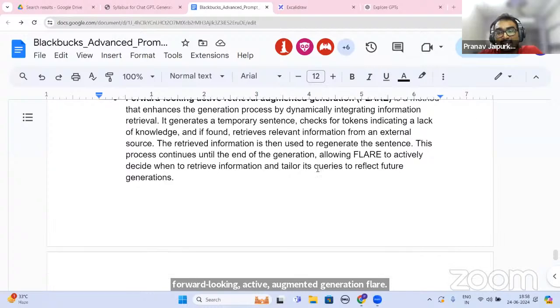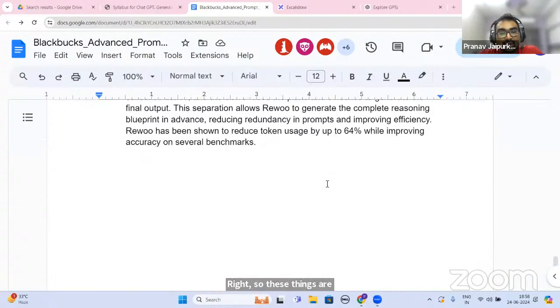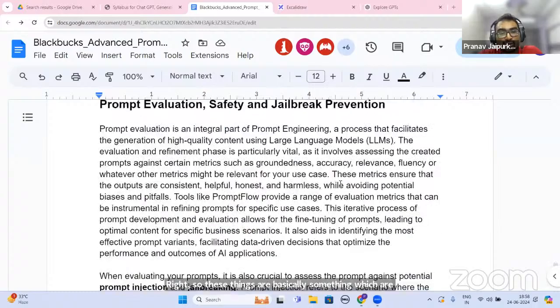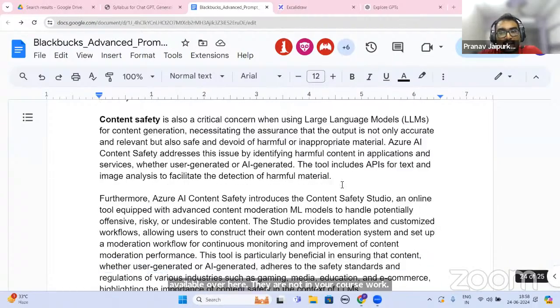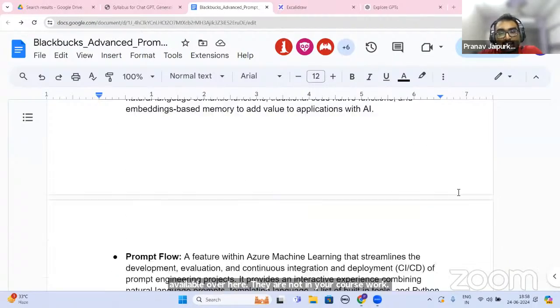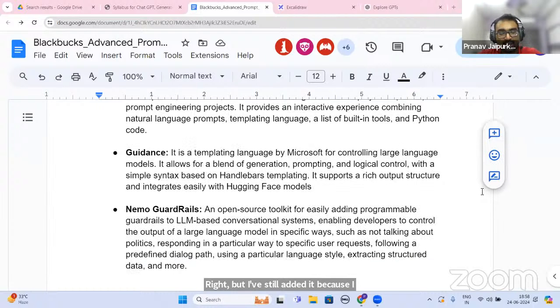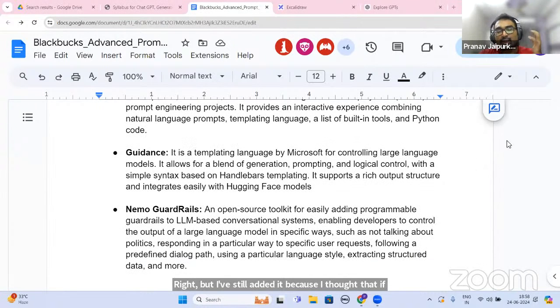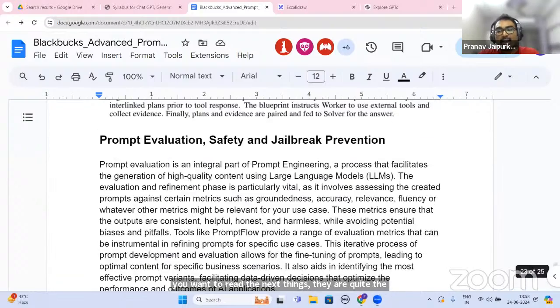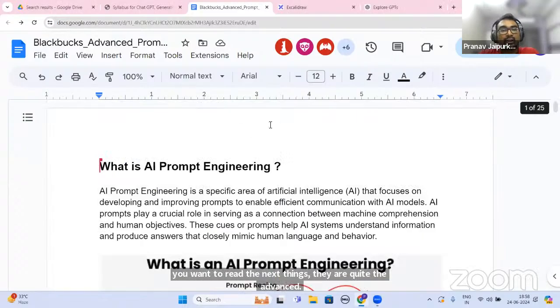So these things are available over here. They are not in your coursework, right? But I've still added them because I thought that if you want to read the next things, they are quite advanced. If you want, you can read them. And in the next session, we would be moving ahead with the live